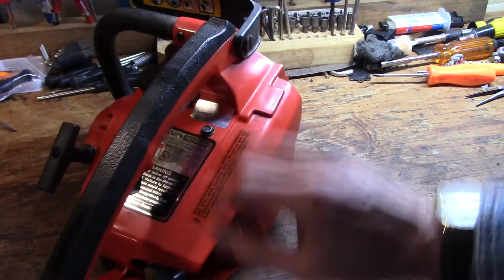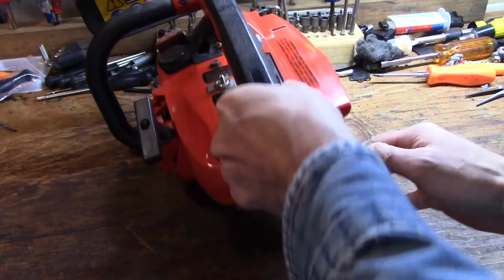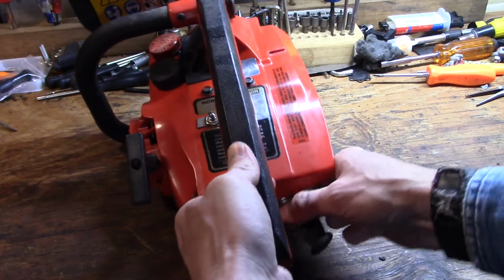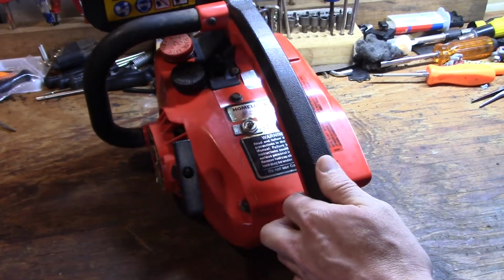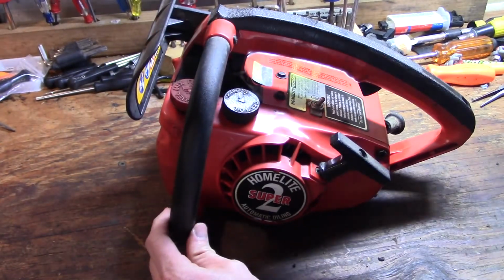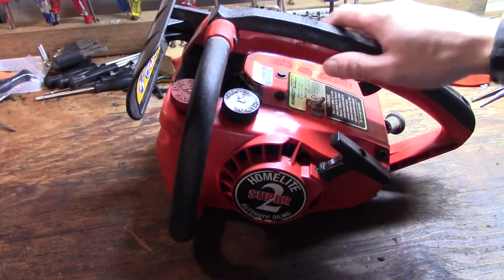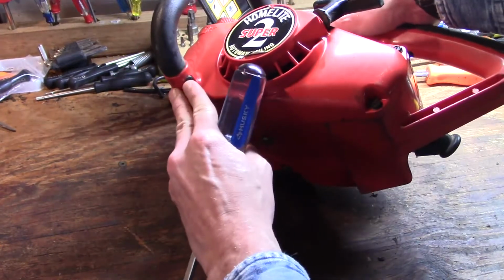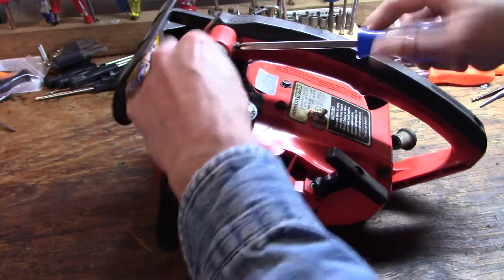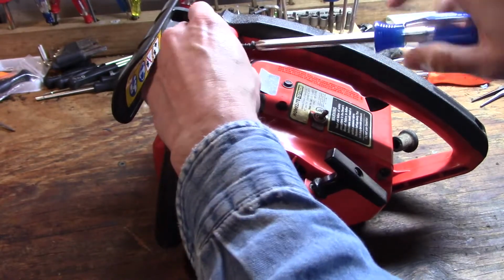Now the next thing you want to do is go ahead and pull your spark plug out. So pull the boot off, and this one takes a 5/8 socket, but I've already loosened it, so we'll just hand screw that out. Okay, next thing, you don't have to take this side handle completely off. If you wanted to, it's one screw up here and one screw down here, but in this case we can just take the top screw out and it will just come off with the